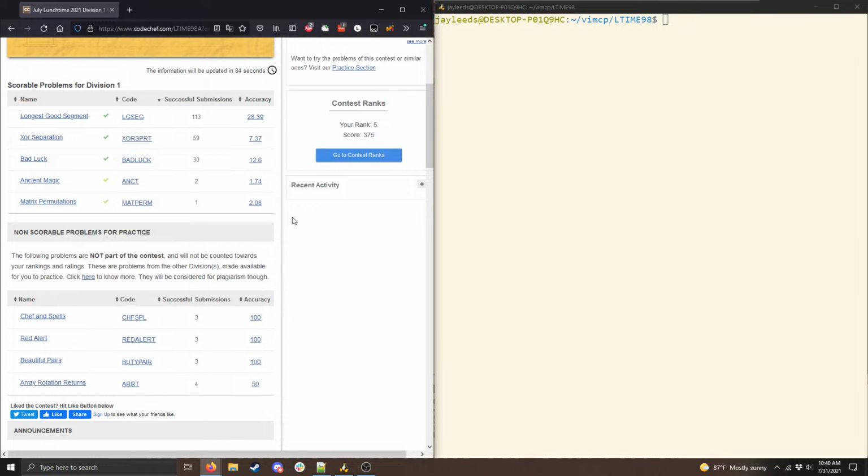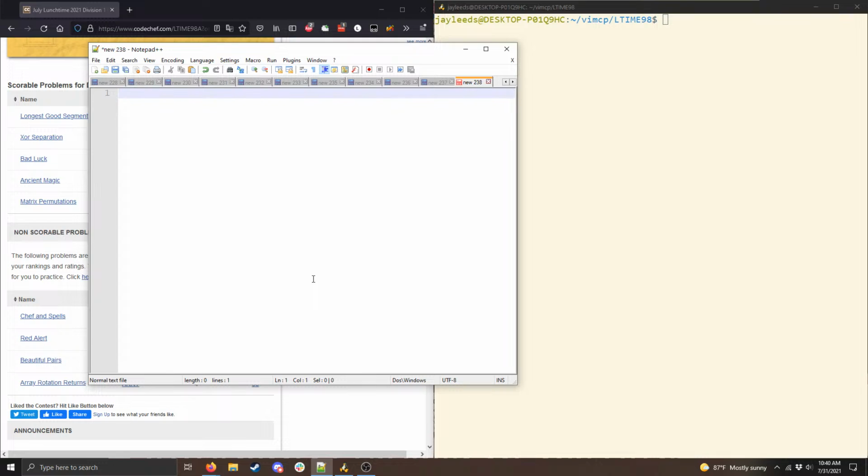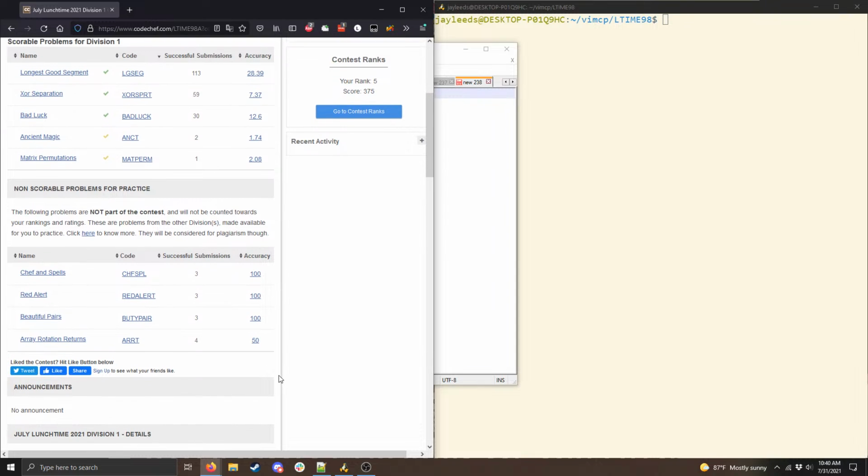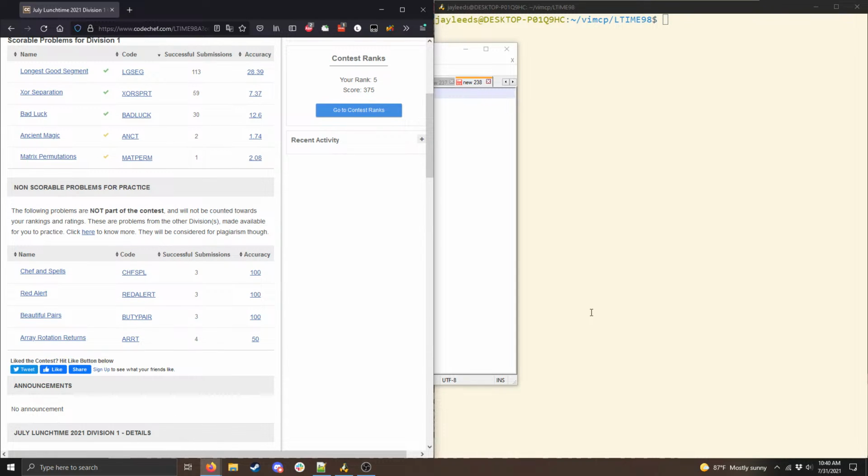And someone says, can you increase the font size? Yeah, before the stream, I increased the font size for my editor to 16 point. And I've done the same with my notepad, so hopefully that works out nicely. Okay, so we're just going to go easiest to hardest, so we'll start with the first few Div 3 problems, and we'll continue from there.